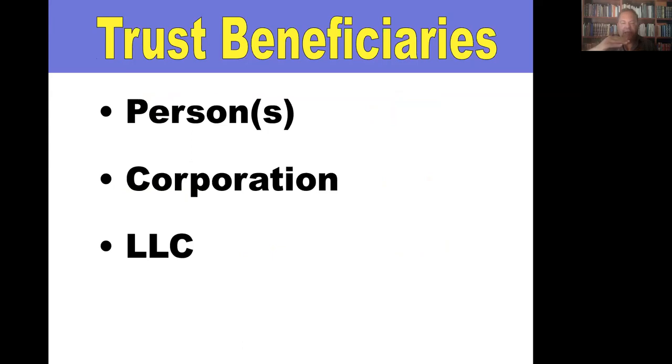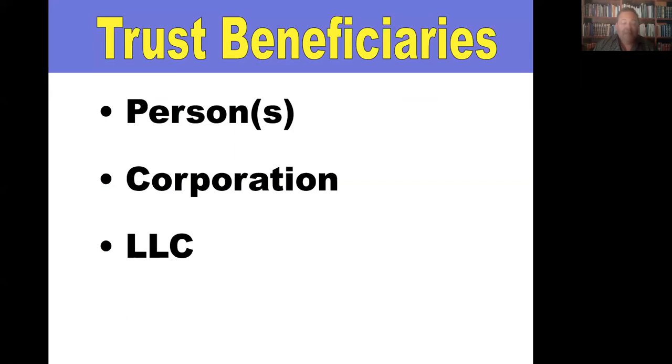Okay? So if you have an LLC, for example, as the beneficiary, the trust has a layer of protection for contractual claims, for anonymity, for people who file a lien. Let's say someone gets a judgment against you or your corporation. If they recorded that in the county where your property is owned in your name or your corporation, that judgment attaches as a lien to the property. If they sue your corporation and get a judgment, or your LLC, and they record that lien in the county where the trust owns the property, the trust is a different owner than the LLC, and therefore the lien won't attach. So it's very effective.